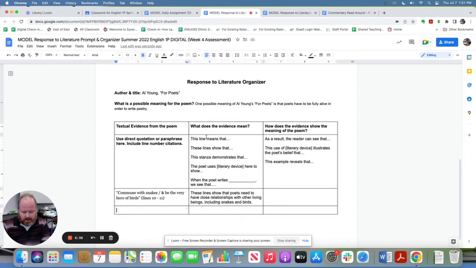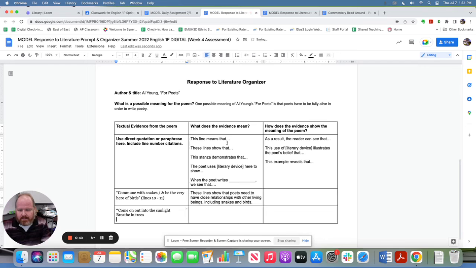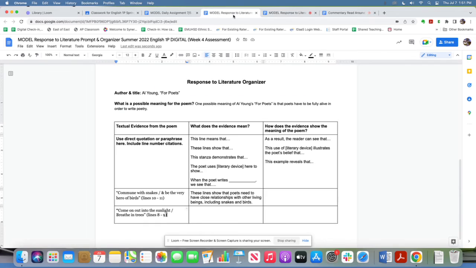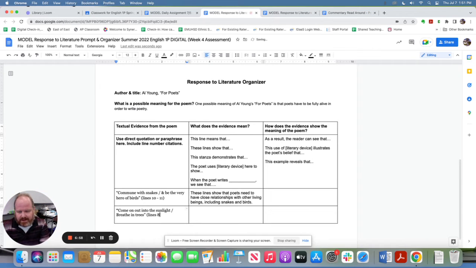And I'm going to go right here. Come out into the sunlight, breathe in trees, which, if I remember correctly, is lines 8 and 9, but I'm going to double check that. Okay. So it's 1, 2, 3, 4, 5, 6, 7. It's 7 and 8. 7 and 8. Good thing I double checked.